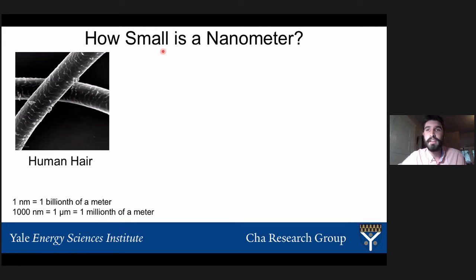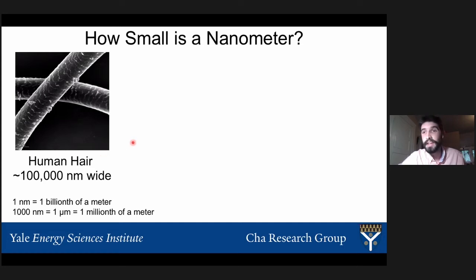So does anyone have any guesses about exactly how thick our human hair would be? How many nanometers wide? I think 10 as a guess. 12, 50, 500, 1,000. Okay, so it's actually